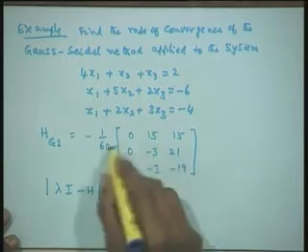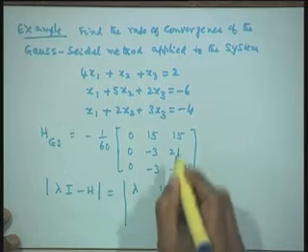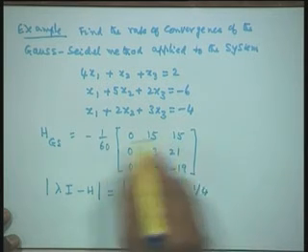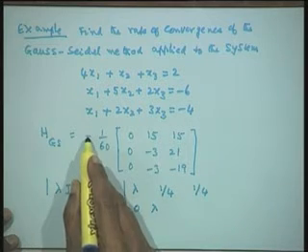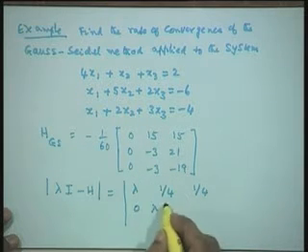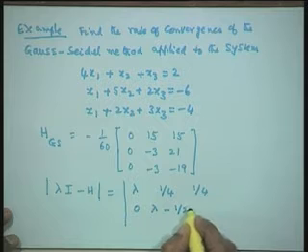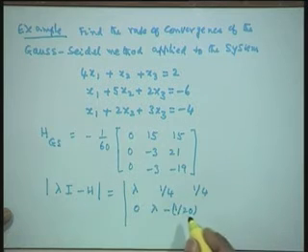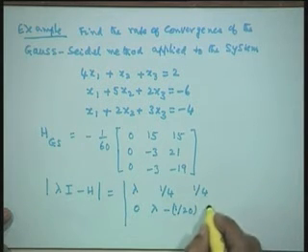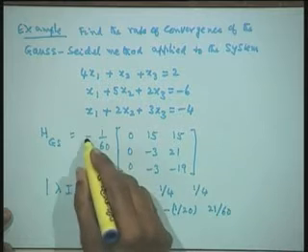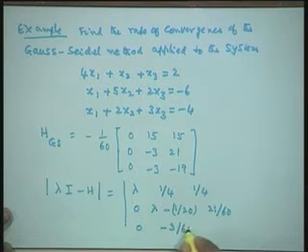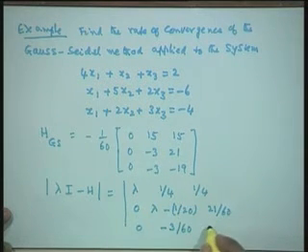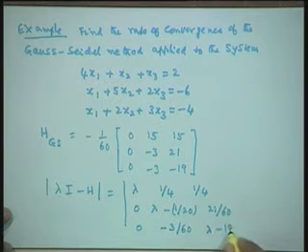We take 1 by 60 inside. So, I will have 1 by 4 in the first column, 0, lambda. This is plus sign, therefore this minus sign will be retained, so this is minus 1 upon 20. 3 by 60 I will take as 1 upon 20, and 21 upon 60, this minus sign is absorbed. So, 21 upon 60. And this is minus 3 by 60, that is 1 upon 20, and this is lambda minus 19 by 60.